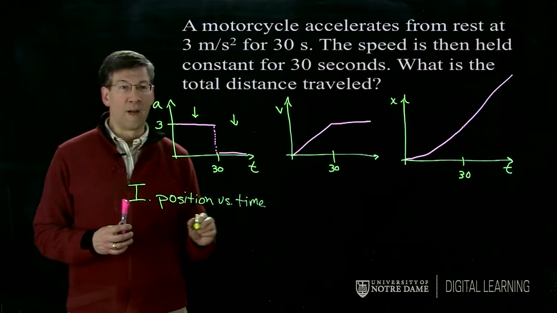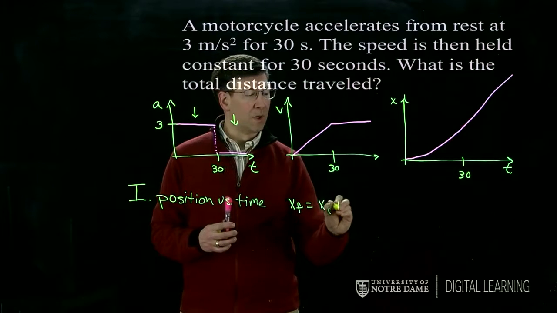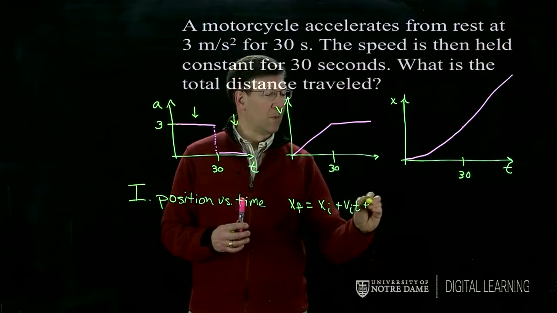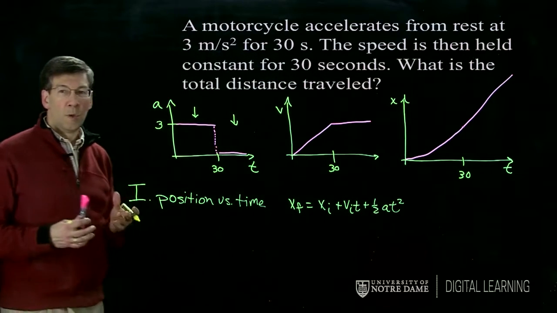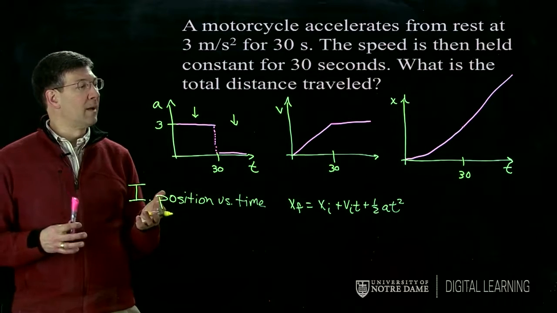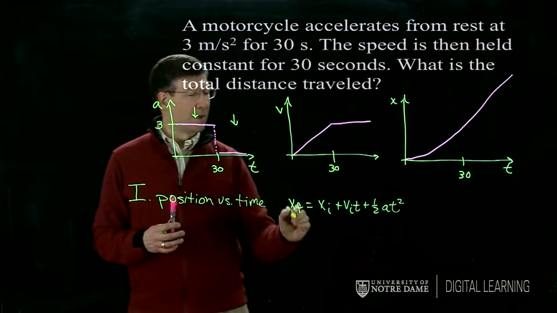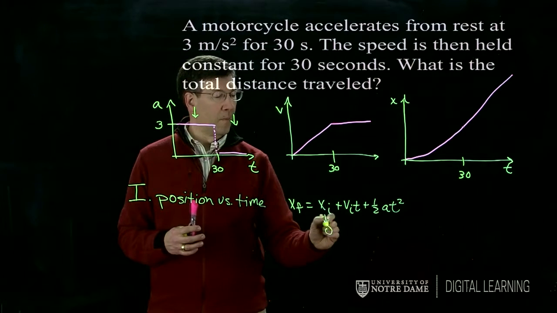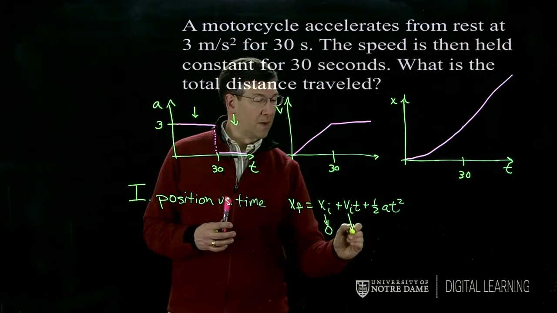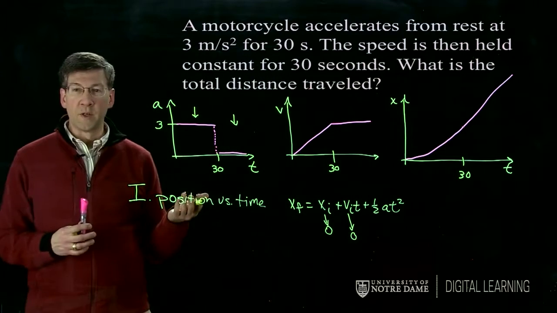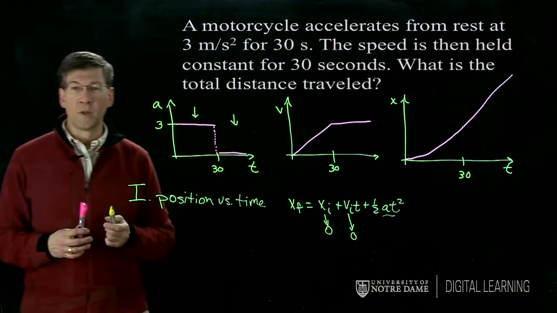And we have an equation for that. We know that the final position is equal to the initial position plus the initial velocity times time plus 1/2 times the acceleration times the time squared. So as we go through this, now we can plug in our original conditions for this problem into this equation. So let's assume that we start at an initial position of 0. We have no initial velocity, so the initial velocity is also 0. And we have an initial acceleration. So the only non-zero term in this equation is this one here, and my initial acceleration is 3 meters per